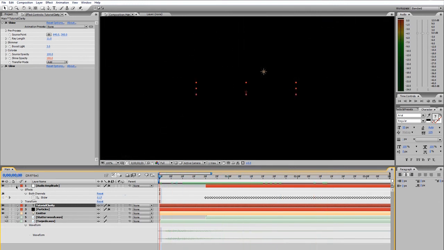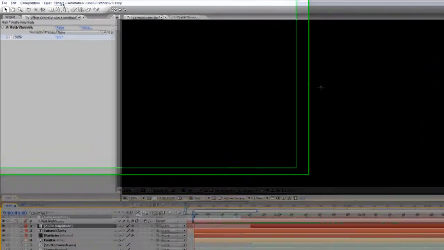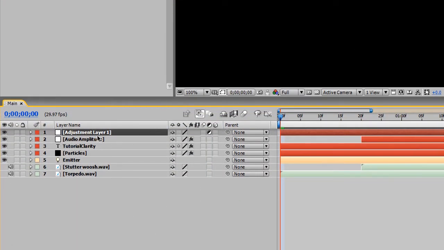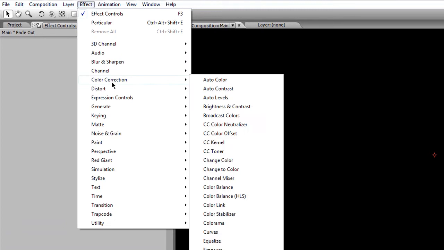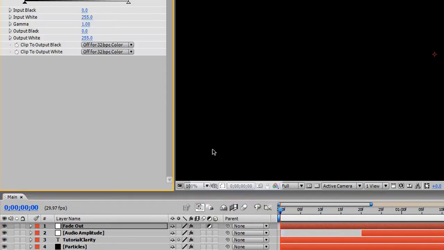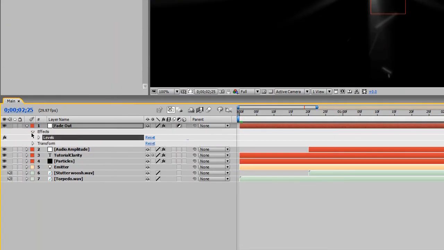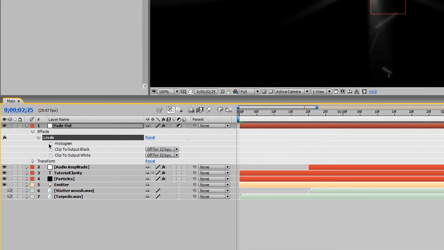Now optionally, if you want a fade out effect at a certain time, all you have to do is go to layer, new, adjustment layer. And if you want the whole thing to fade out, maybe over a period of 5 seconds, let's hit enter here and let's call this fade out. An adjustment layer applies whatever effects are applied to it to everything below it. So if we apply an effect, color correction, levels, and then we come to the end here, and I'm at 2 seconds, 25 frames, pull down our effects, pull down our levels, and set,